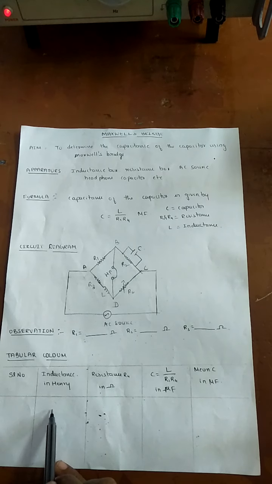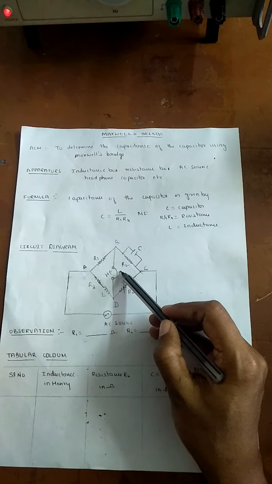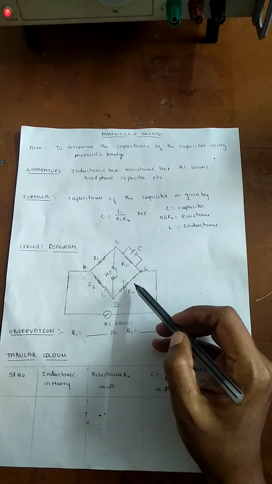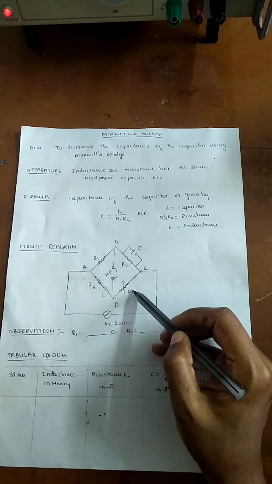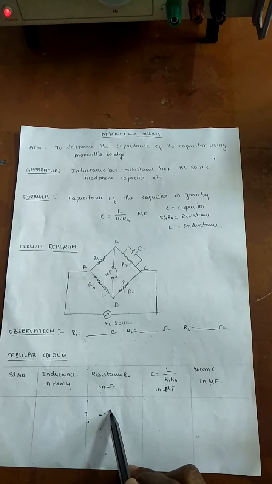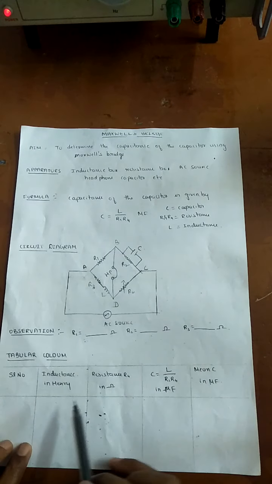First we have to fix the inductance, say about 0.1. Then we'll hear the maximum sound in the headphone. Then we have to remove the resistance from R4 until we hear the minimum sound. When we hear the minimum sound, we have to note down the R4 value and write it in the tabular column. Here we got the R1 value, R2 value, R3 value and L value